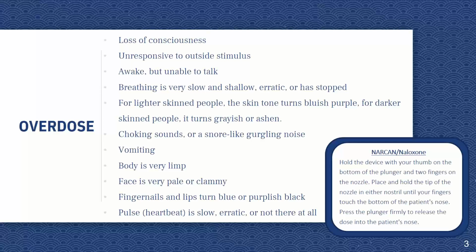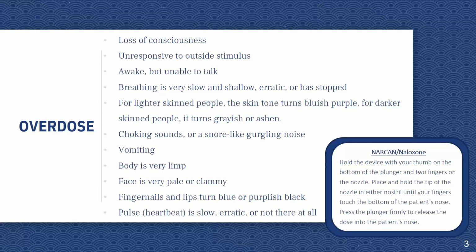But number one is an overdose with opioids. This is a serious issue that affects all of us. And I just wanted to point out some of the unique signs of an overdose on opioids real quick, and something that you can have with you and a way to intervene on those things. So the first one is an overdose on opioids, whether that's heroin or prescription pills. These are the types of signs that somebody is going through an overdose.